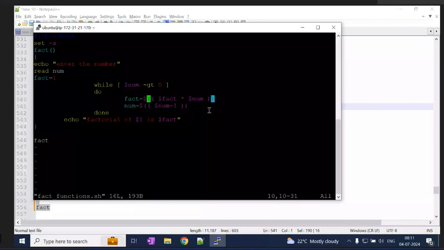Usually I don't give space here and here. But since it was throwing an error, I just removed that space.